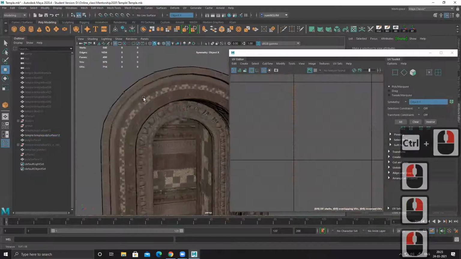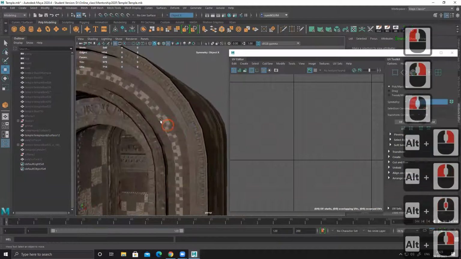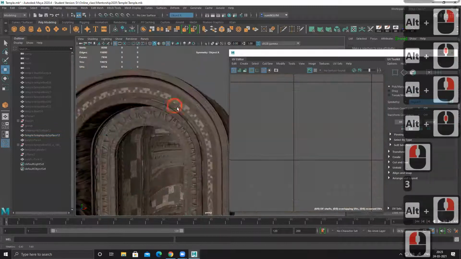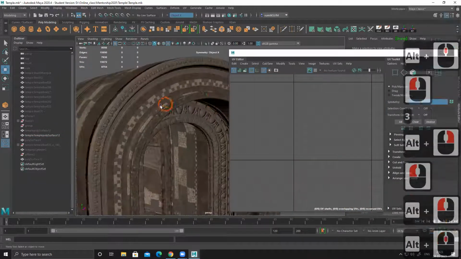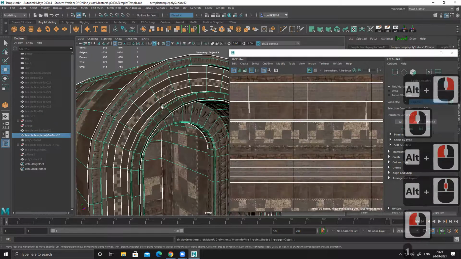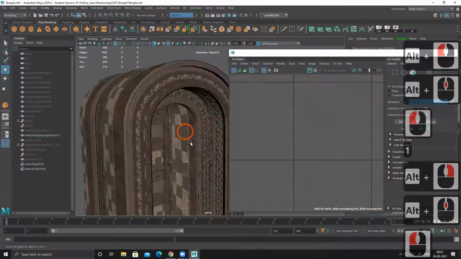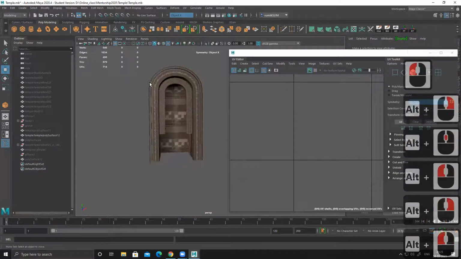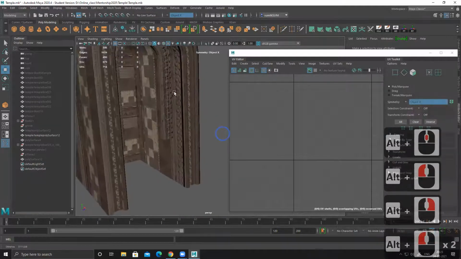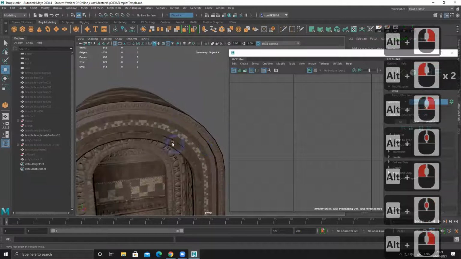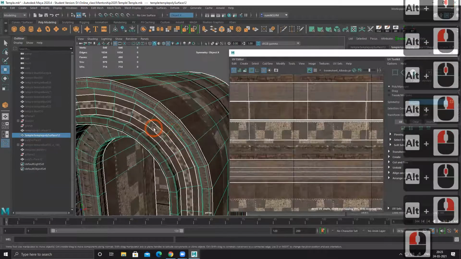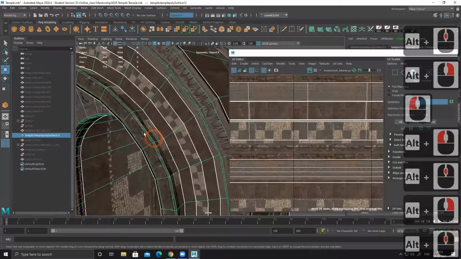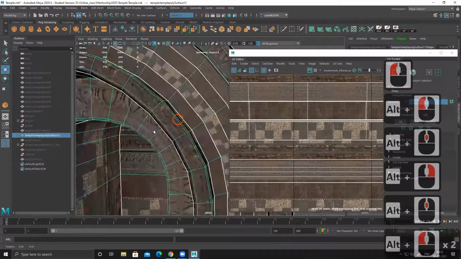So I can create as much as I want, the way I want. I can create those patterns and shapes, and if I want, I can add more loops to it. But this is a big piece with a decent amount of polygons, and from a distance it will be visible like this. So you can see it looks curved only. So like this, I have to add cuts and make it smoother. This is what we are supposed to do. And the same thing for this section.